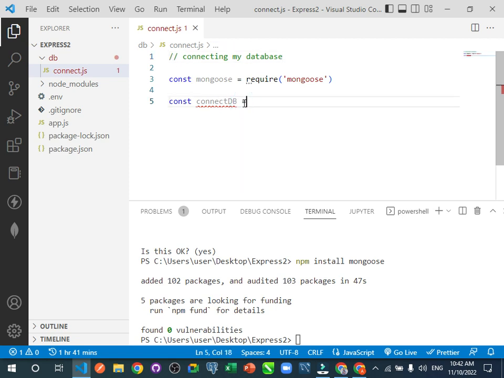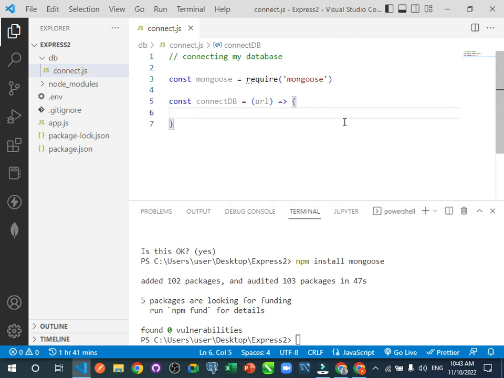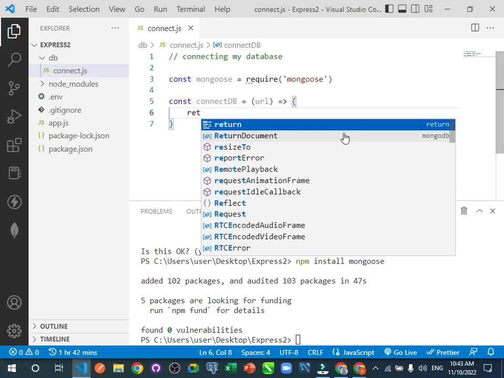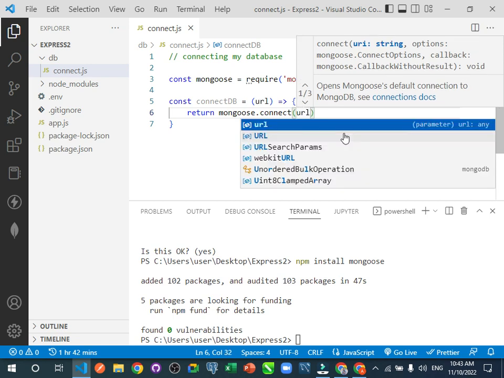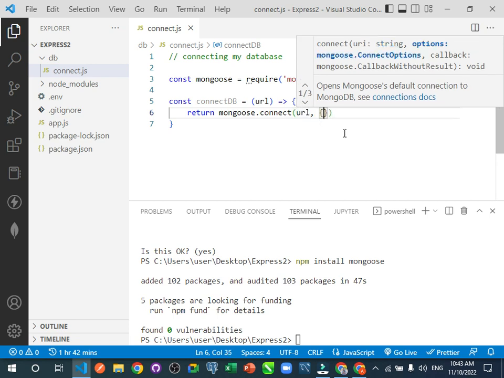So this will be a function that takes a parameter called URL, and it does what? It will return mongoose.connect, trying to connect to what we have in the URL,